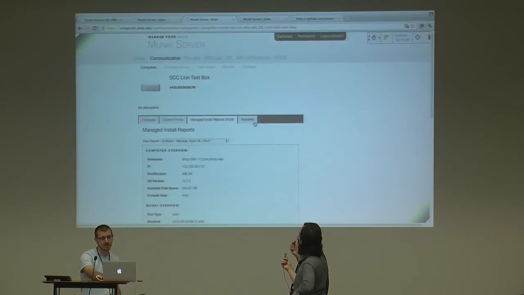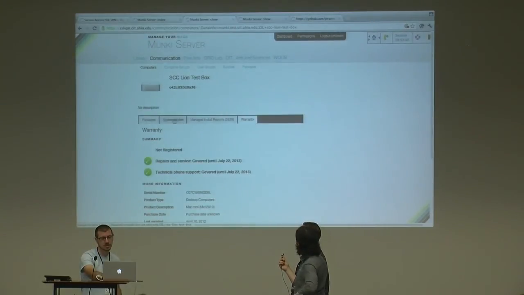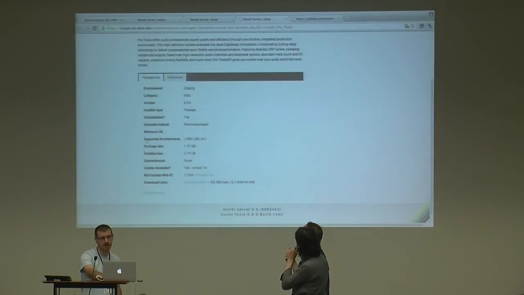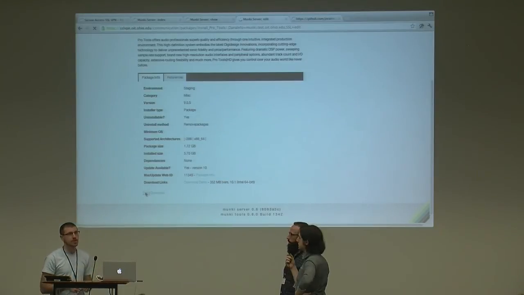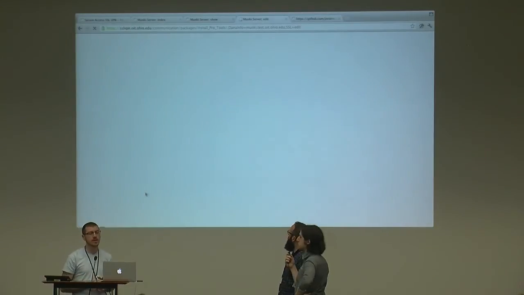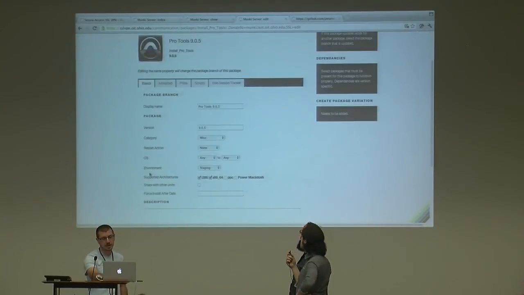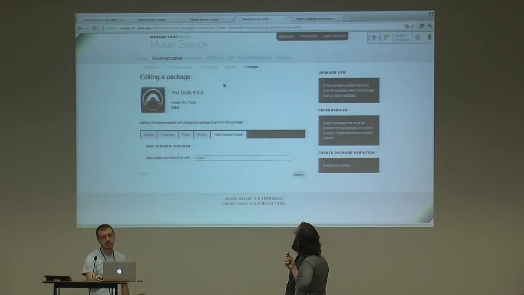You can actually edit those in the window itself. When you're looking at a specific individual package, you can edit that package. And so what Allister was talking about before, when you upload a package to Munki server, it'll inspect it using the Munki tools, and it'll do its best to figure out all these properties. So version. Web version tracker, which is really nice. Yeah, it integrates with web version tracker.